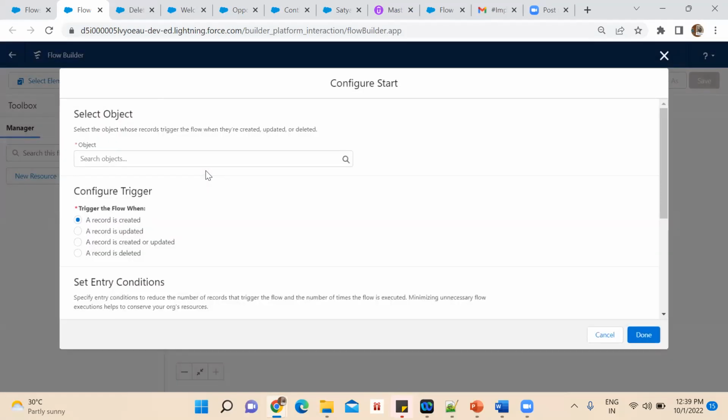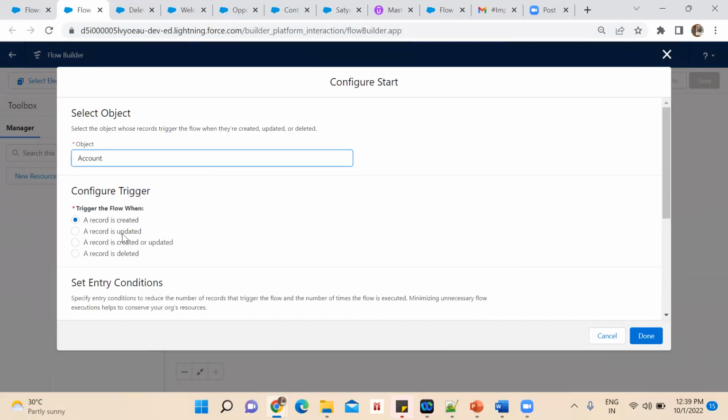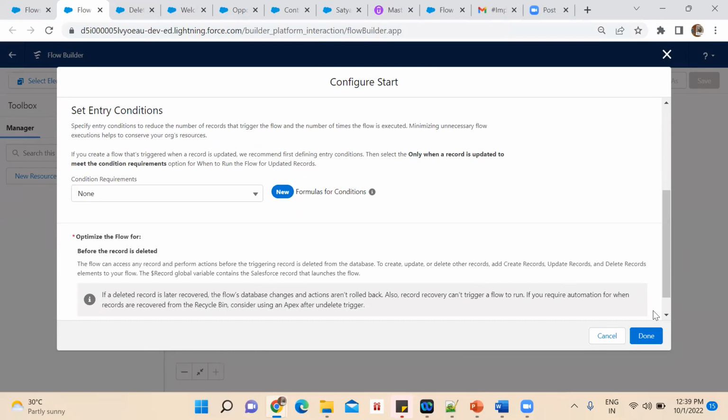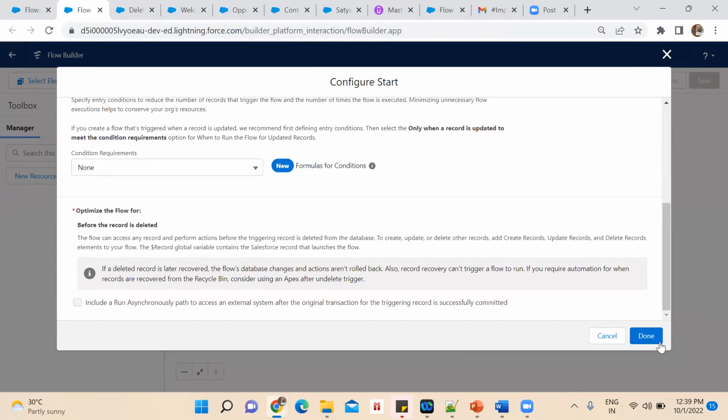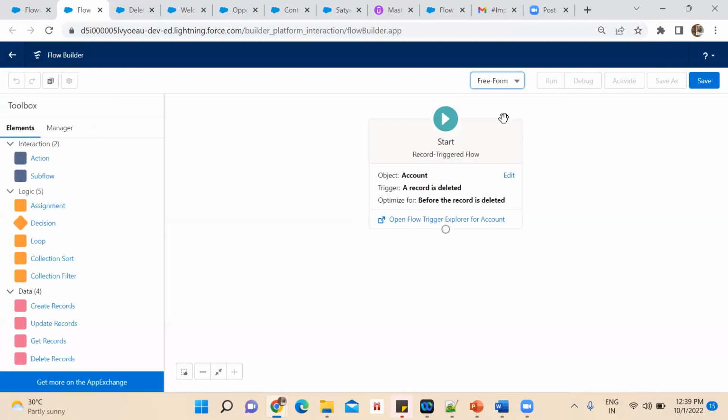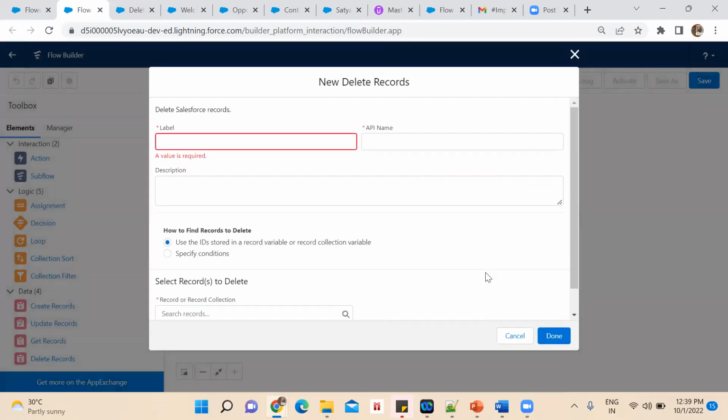What you can do is select the account object and select this option, a record is deleted. I just wanted to show you this option as well. Here I'm not giving any condition. Before, to optimize the flow, every time a record is edited to meet the requirement, all things would be wiped off. Now we'll click on done and I'll click here free form. I will click this delete records